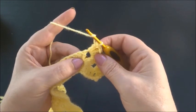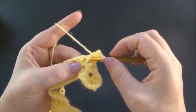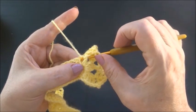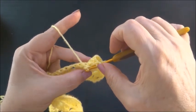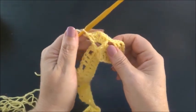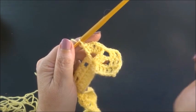So yarn over. Now I insert my hook into the space from the shell. I am under the first double crochet and I come through the first and second double crochet. I grab the yarn through these 2 double crochets and I am now again into the space from the shell, and I finish my double crochet. So I have a new shell here, 3 double crochets, chain 2, 3 double crochets. We did on every side 1 front post double crochet,